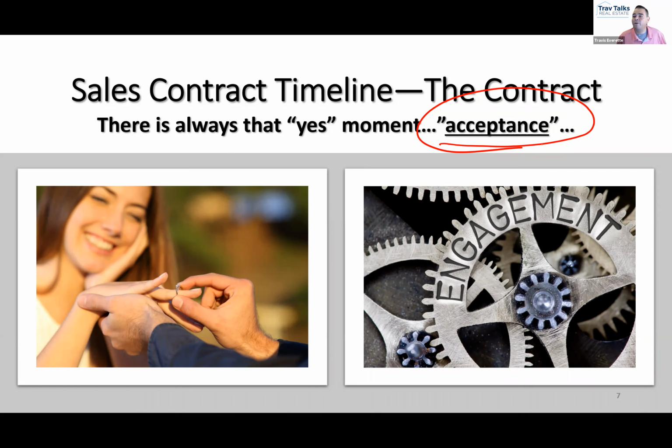And so let me put that in terms of a contract. Could you, well, let me ask you this. Could you book the reception hall before she said yes? You could. But would you be taking a major chance that she would say no and you'd lose your deposit, and you're never even engaged and now you've got a reception hall?